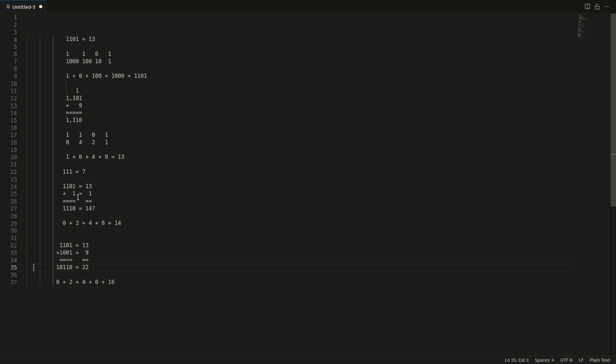Now, what can we do with binary numbers? And we've seen how we can add them, and so it's obvious that we can use a binary number to represent a value, right? We can use this sequence of ones and zeros to represent just a number on the number line. We can also use it to represent an address. So just think of it this way. What if we had,